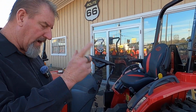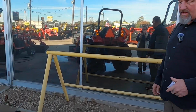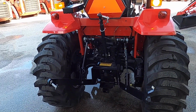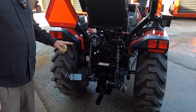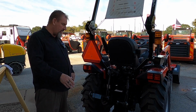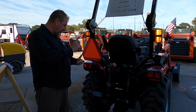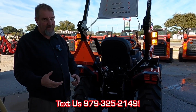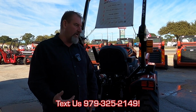Okay, PTO horsepower. Let's go to the rear. PTO horsepower on this one right here. This one's going to be a little over 1,900 pounds. 19 horsepower is PTO. This one right here is 18.8 horsepower. I believe you can still put 5-foot implements behind this one and 5-foot behind that one also. The rear lift on these is going to be 1,760 pounds. This one, guys, 2,600 pounds. That is a little bit big difference on there, but it all depends on what application that you're doing